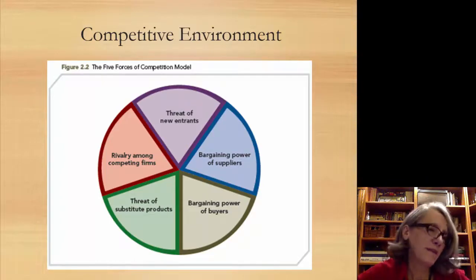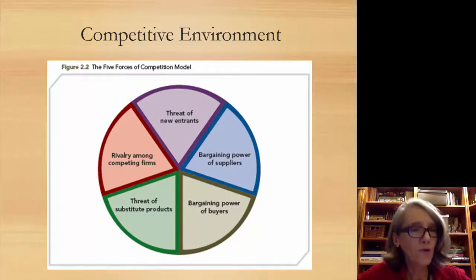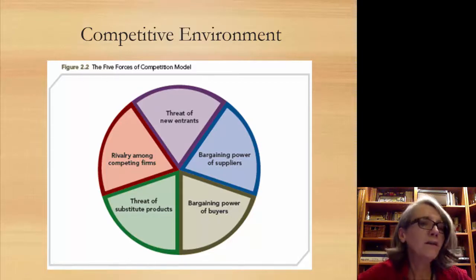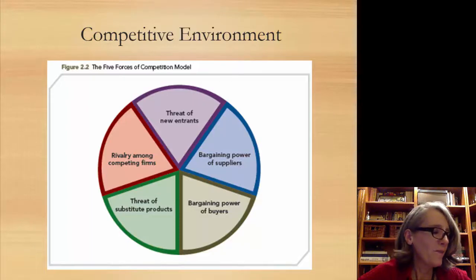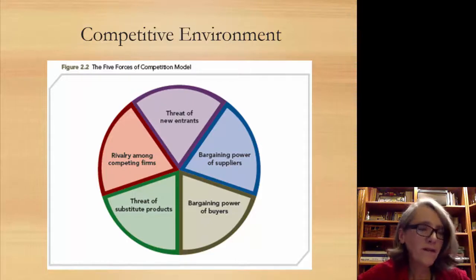So the story says that when Porter submitted his article to HBR, it contained only 4 forces. 1 in the middle and 3 around the 1 in the middle. And apparently the journal's artistic director thought that, no, it doesn't make for a nice graph. It's not balanced enough. You need to add a 5th force. This is what Porter did. However, we don't know exactly which